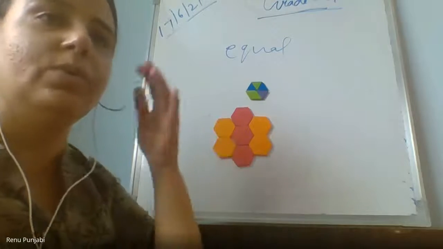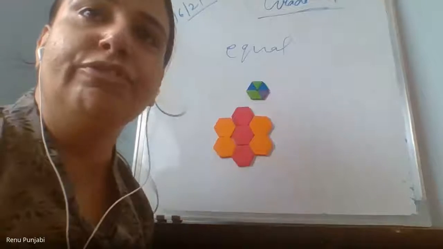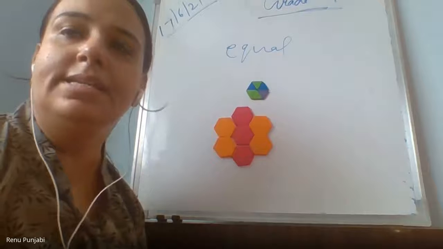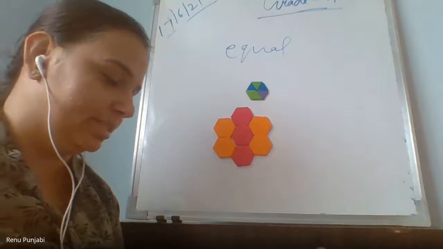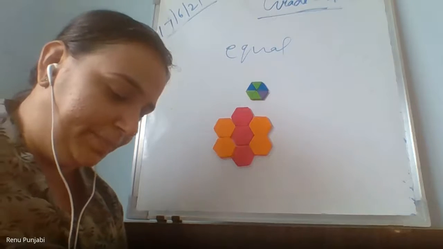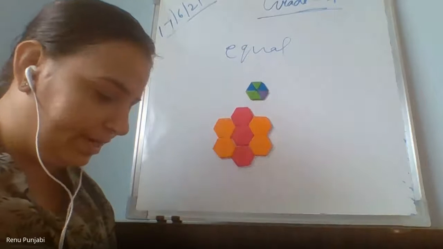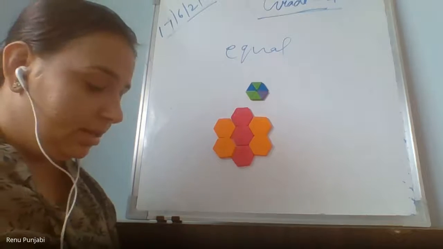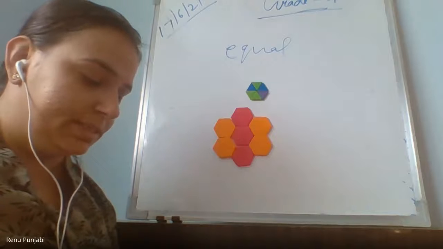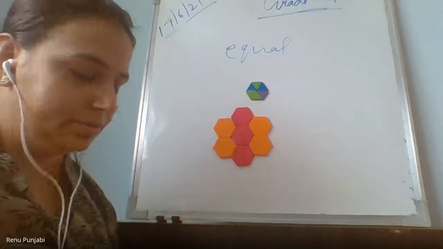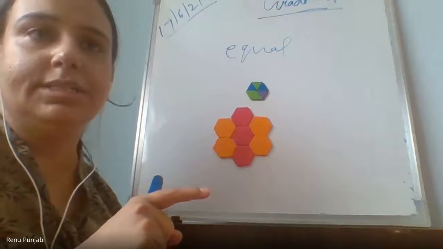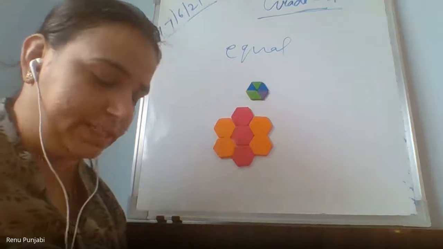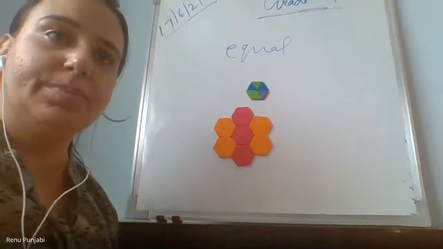You can see the tiling on the walls, doors, on the floor, outside in some buildings. Yes or no? You can see some different tiling patterns. Now open page number 48 and 49. Today there is no homework. First, you need to complete the Pentomino worksheet, and then you will complete the page number 41 task, which is given on page number 41.